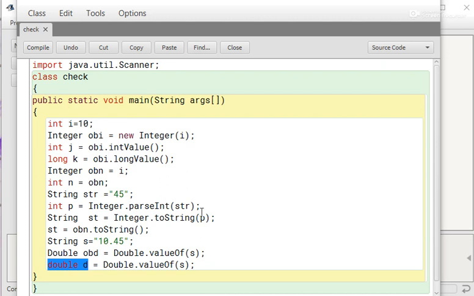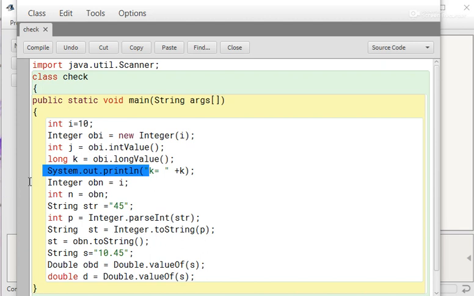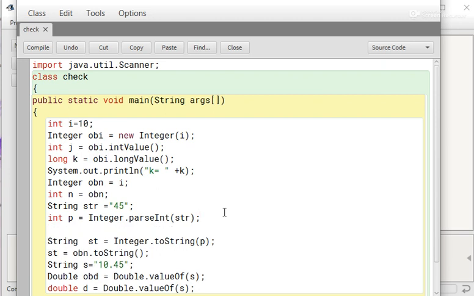Now I'm going to add some print statement to show the different values. Suppose we want to display the value of k. Now if you want to display the value of p, then write here p equals to plus p semicolon.